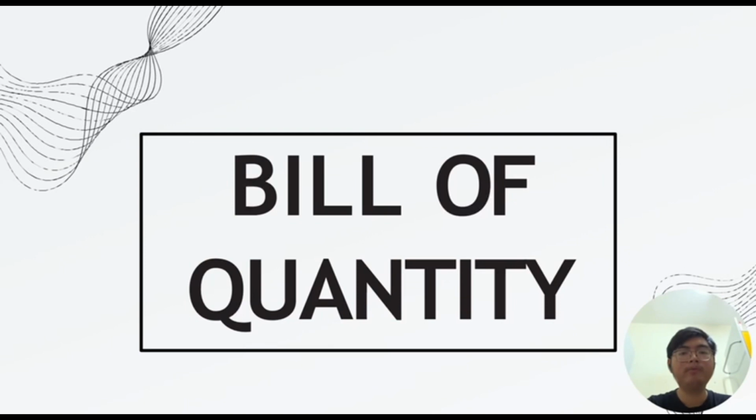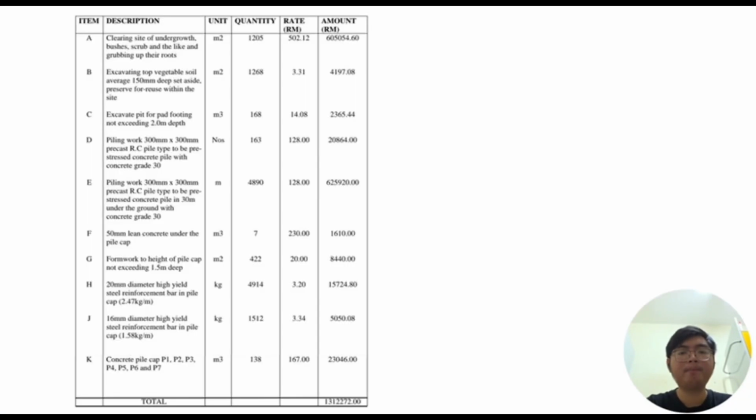Now we will move to the bill of quantity. For the clearing site of undergrowth for area of 1,205 meters square with rate of 502 ringgit, cost is about RM 605,000 in total. Excavating topsoil average of 150 mm and preserve for reuse within the site with area of 1,298 meters square and rate of 3 ringgit. Total cost is about RM